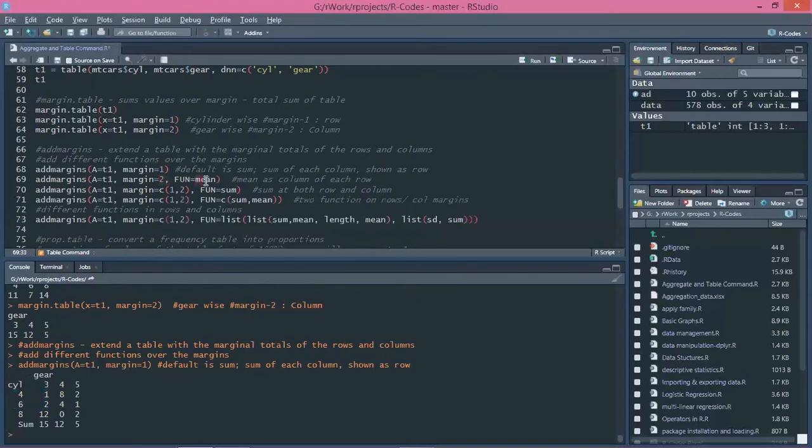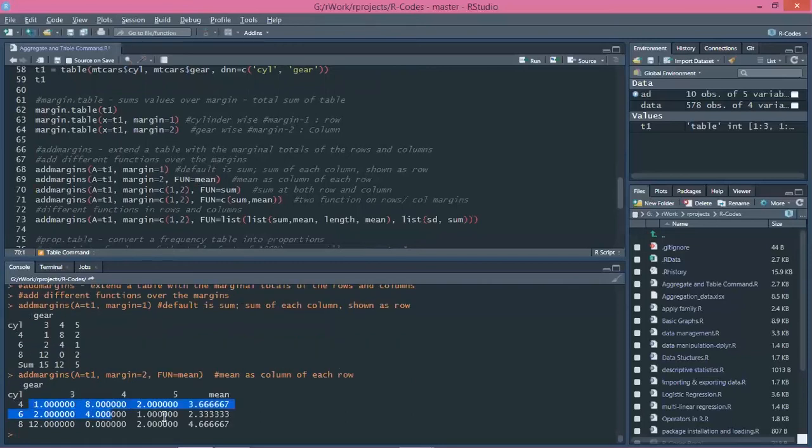So the function that we are using here is mean. So the mean value will be added for each of the rows. You can see the mean has been added as a new column for each of the rows. Because there are decimal values, each of the other values has been converted into decimals. Then, using addmargins, again what we are doing is we are taking both of the margins now